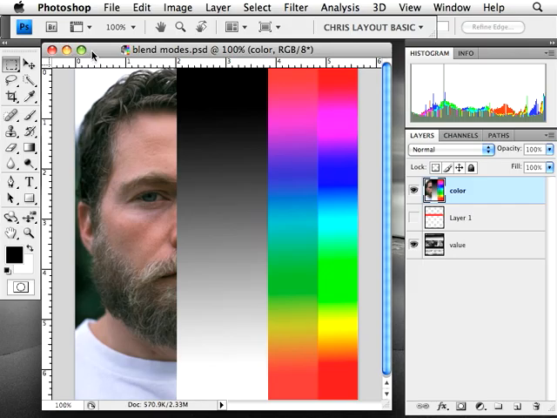This is going to be a quick demo on blend modes, and what blend modes are all about is the way that your layers interact with each other. If you've already watched the layers demo, then you're ready to go ahead and take a look at blend modes. In fact, you probably already looked at blend modes before in other lessons, but if you haven't, this will be